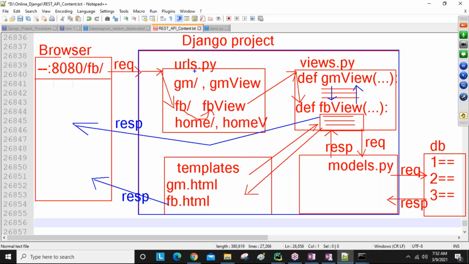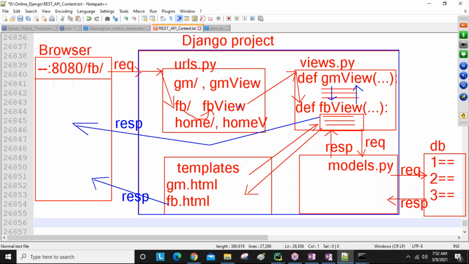In these URLs, from top to bottom, it checks whether the requested URL is matching or not. If no URL is matching, it returns an exception, resource not found, 404. If any URL matches the requested URL, then the corresponding view is going to be executed.